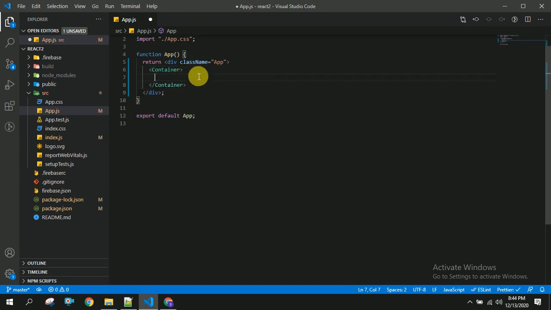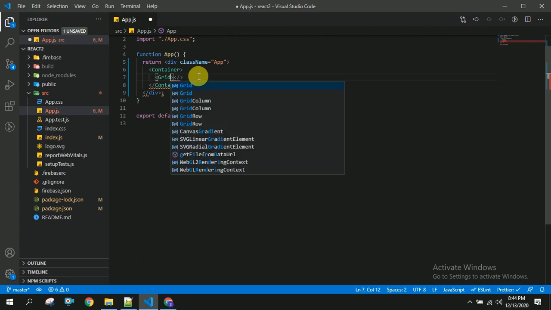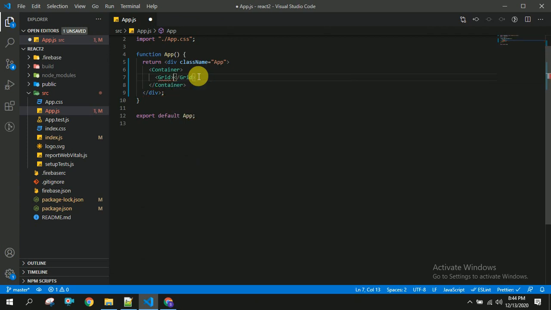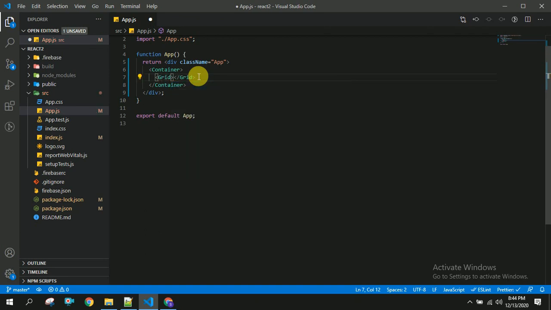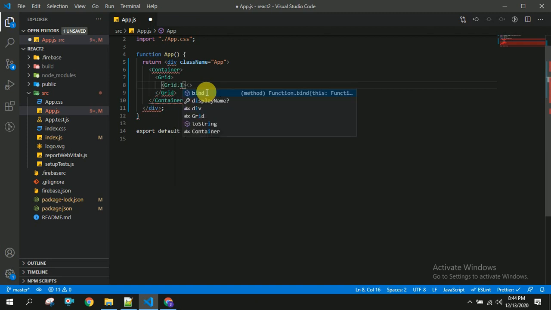In this container I am going to use Grid, and in this grid I am going to use Grid.Column.